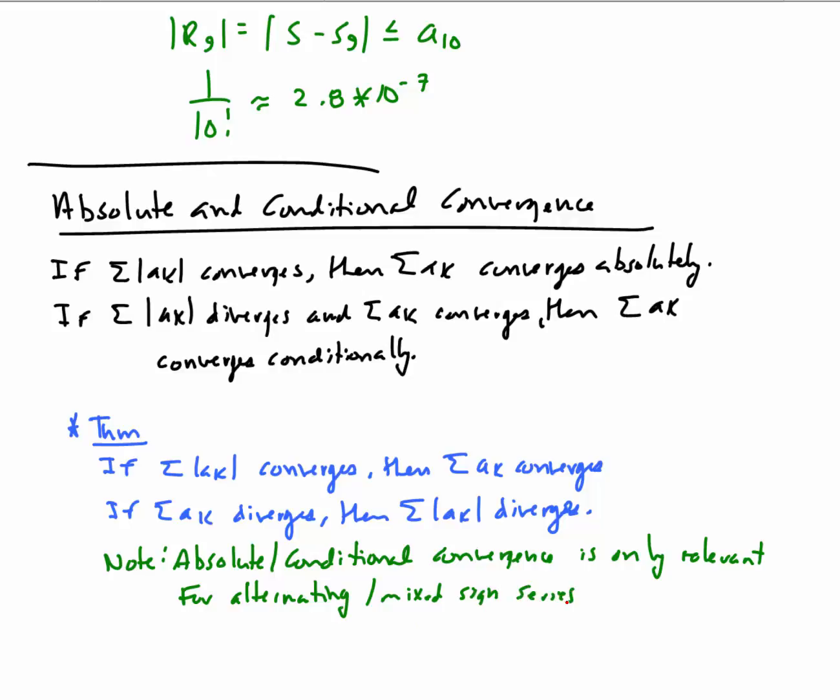So absolute and conditional convergence is only relevant for alternating or mixed sign series. Okay? If we have a series of all positive terms, and most of the series that we look at do have all positive terms, but not all. So if a series of positive terms converges,